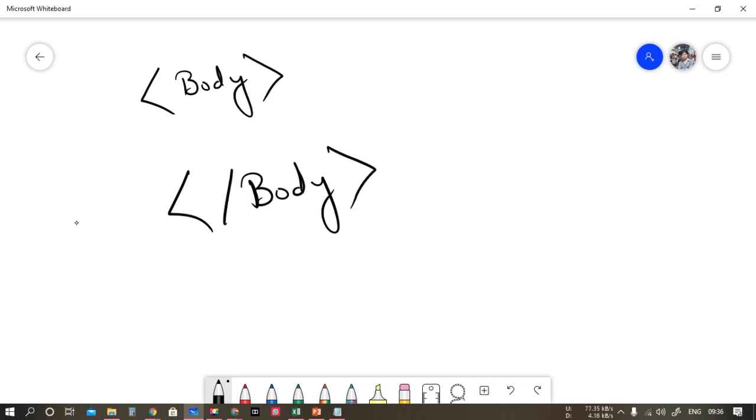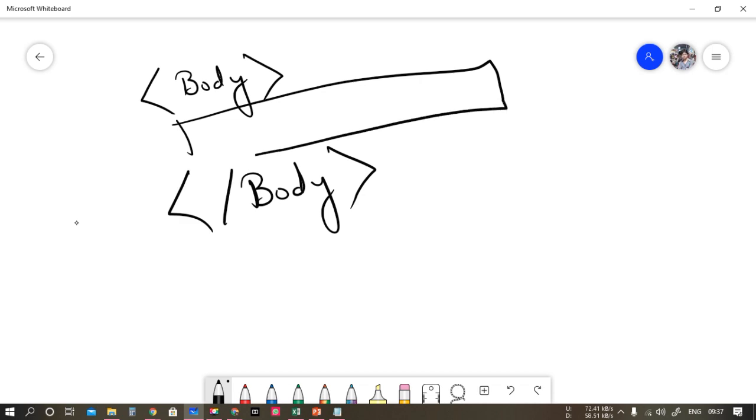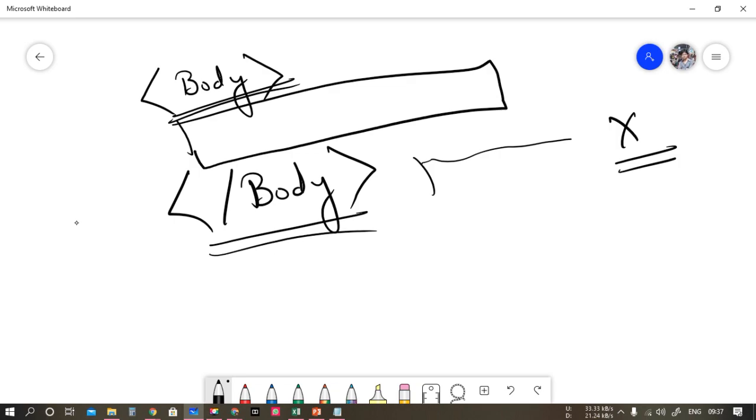Now see here, same goes for the body. If I am going to write something in the body, this is the opening one, and for closing I write it here. Whatever you want to write, you have to write in this area. After giving this one, if you write something, it will not be accepted. In this program, each and every command, the writing pattern, each and every command you have to mention.